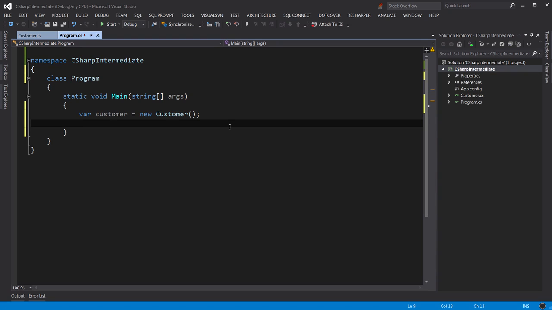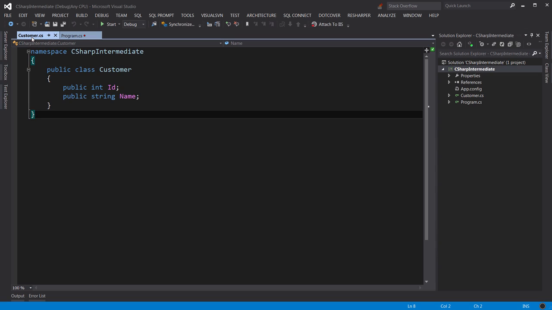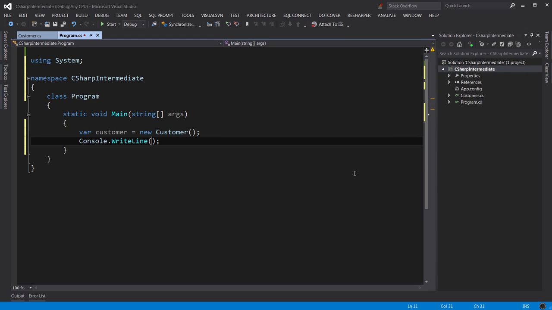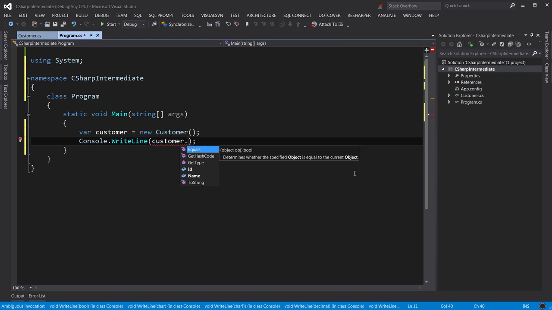Alright, now I want to show you the effect of the default constructor that the C# compiler creates for us. Note that here in the Customer class, I did not create a constructor. But I told you earlier in the slides that the C# compiler creates one for us. So let's see what happens. Let's display the fields of this customer class on the console. So Console.WriteLine, customer.ID,